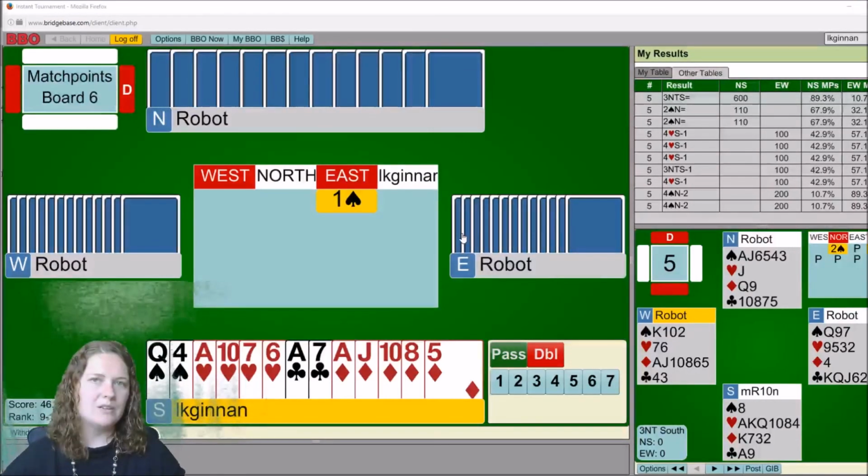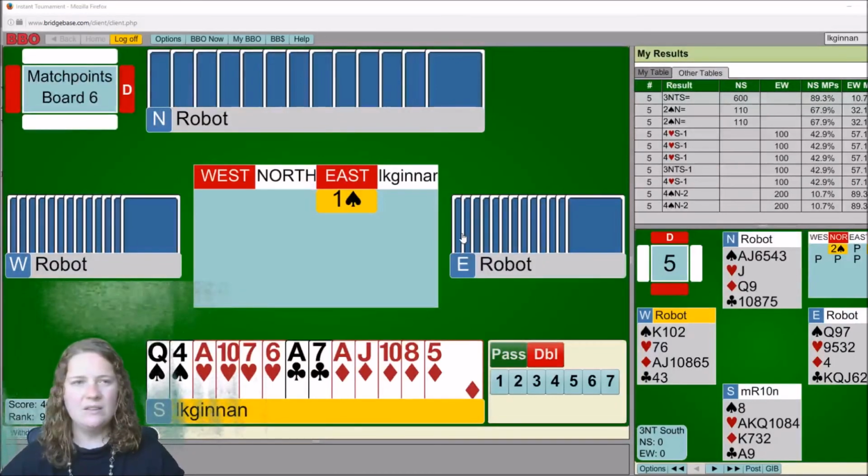So this hand's a bit extreme because you think that you've got 6 heart tricks and also a club trick in the bag. So if the partner can either fetch 2 spade tricks for you, or if they lead a diamond, they've set up your king of diamonds and hopefully partner will have the ace of spades. So there's definitely 3 no trump as an option here,